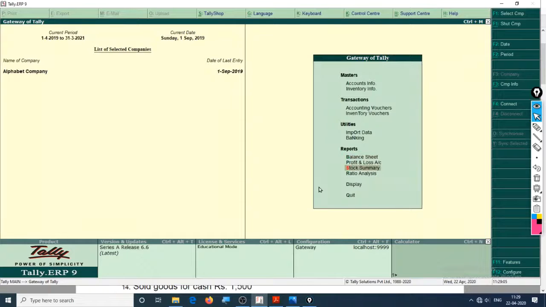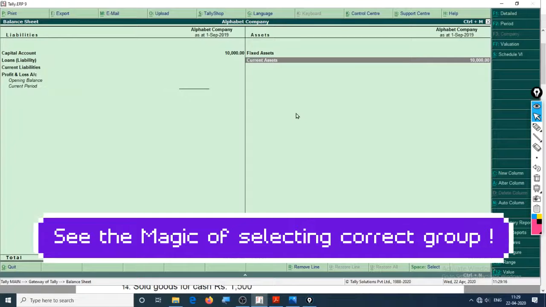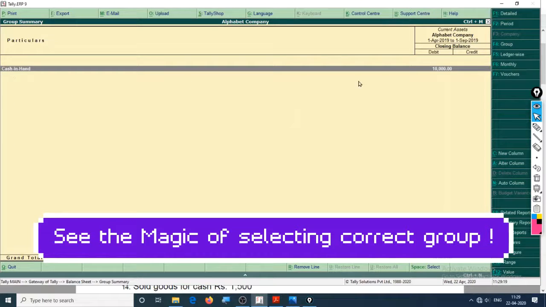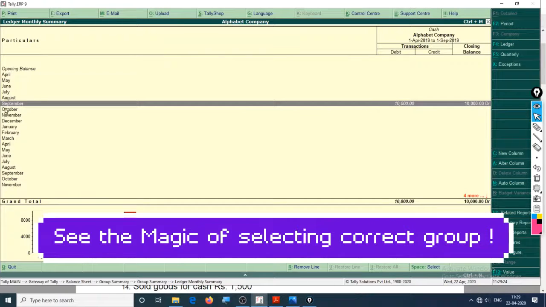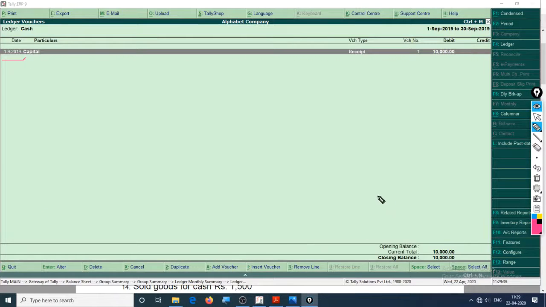Let us check. Okay, so this is the importance of putting groups. When you create accounts, it will automatically bifurcate. So if you open current assets account, it will show cash in hand, and if you open this entry, it will show this entry was created in September. If you open this entry, this will show the entry right here, which here it shows the date, and yeah, so basically this is it. So this is how you create a receipt entry whenever you receive a cash. Now let's move on to the second part of the question.